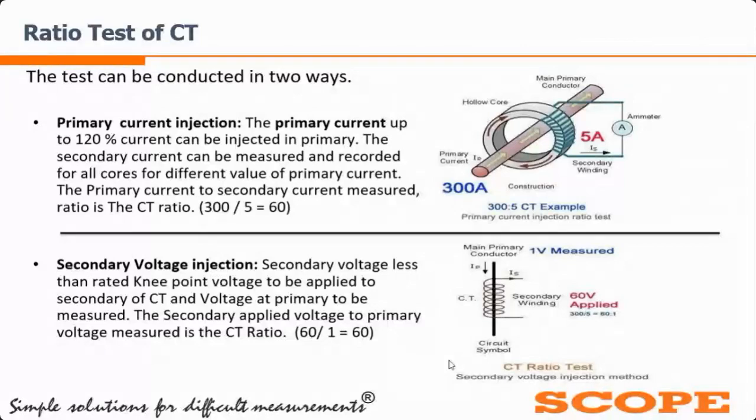So there are 2 methods for the ratio testing of a current transformer, but one thing we need to understand is that a CT is designed for industrial or substation applications as per the current rating. So it is recommended by manufacturers or some standards that if you want to do a ratio test on a current transformer, we should test with the current method, that is the primary current injection method. If we don't have any primary injection test set, in that case we can test using the voltage method, but it is recommended to always do the ratio test using the primary current injection method.